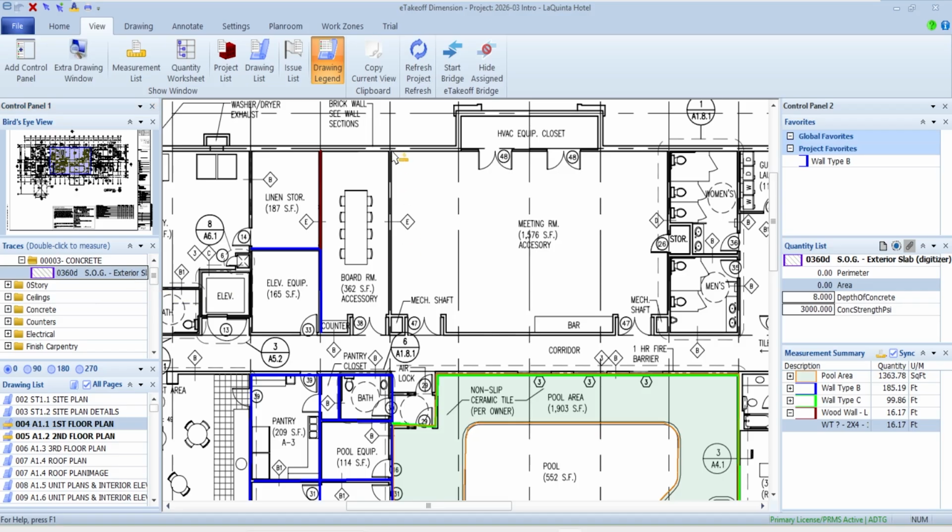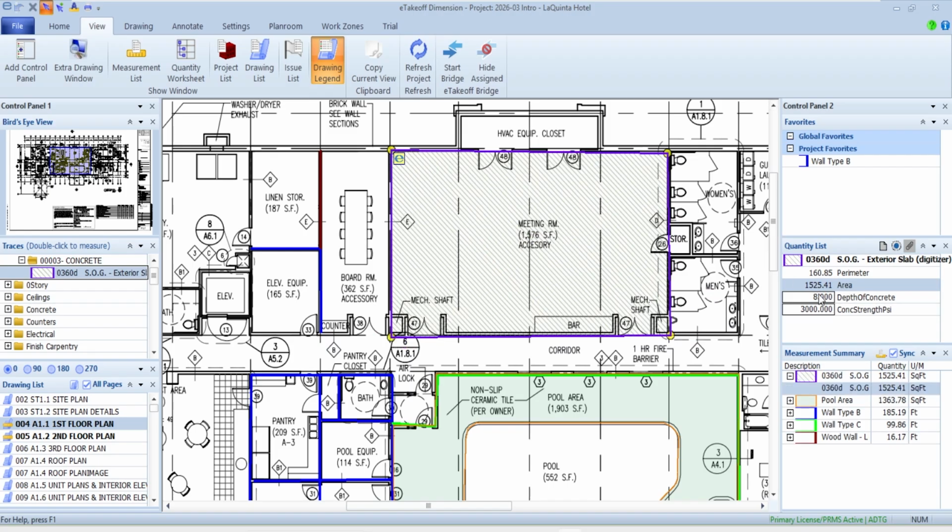When I go off and do some takeoff with it, I'm just going to do something; it doesn't really matter what it is. It's going to know the square footage. It's going to ask for some sort of depth, so if I said that was 6 inches, and what the strength is. Keep in mind that these questions are coming from your Sage Estimating assembly. In mine, it was very basic, just a 3-question assembly with area, depth, and strength. But if you've got 30 questions in your estimating, it could come up and ask me that.